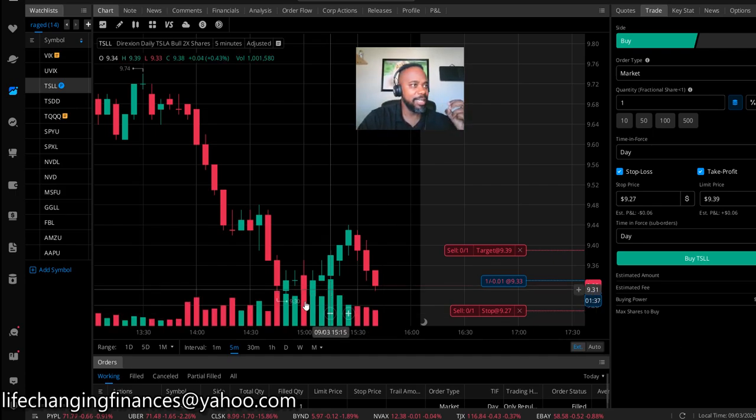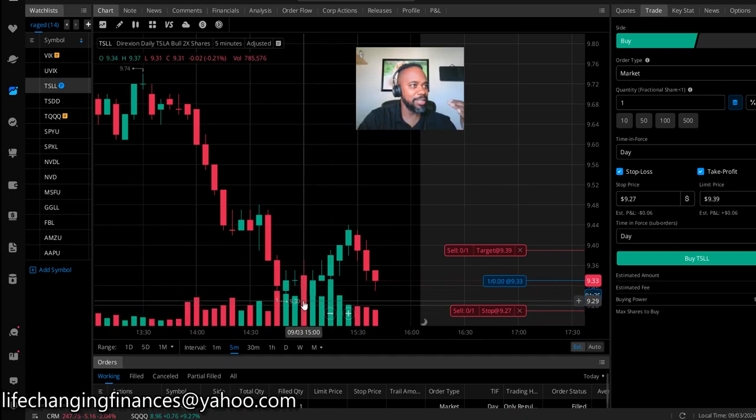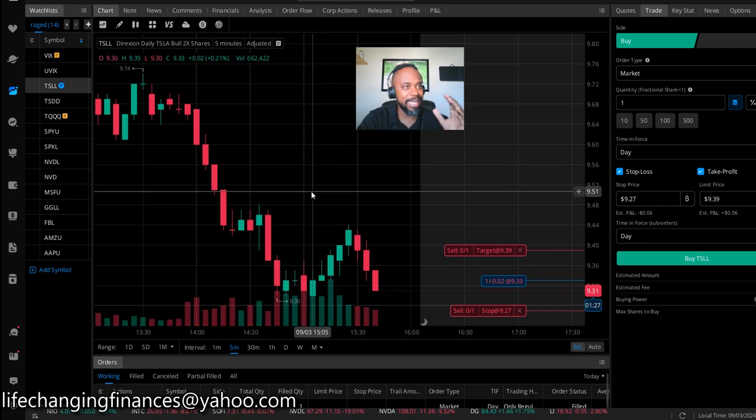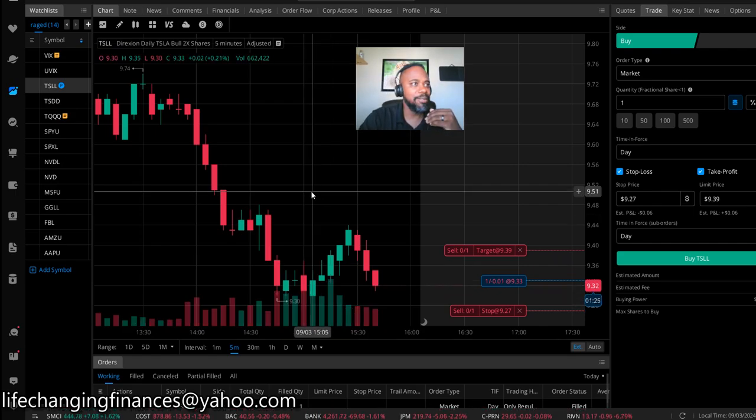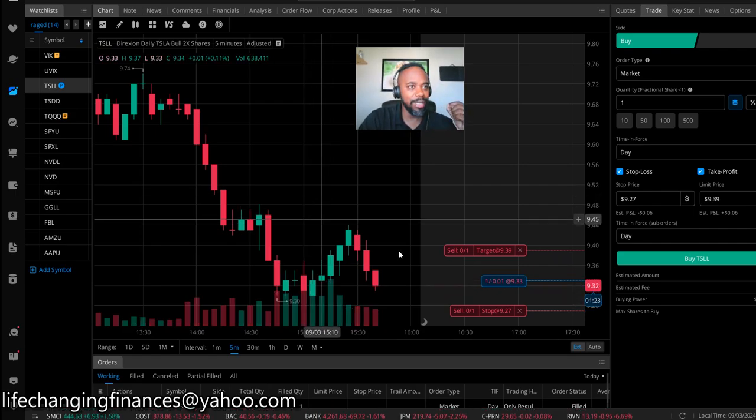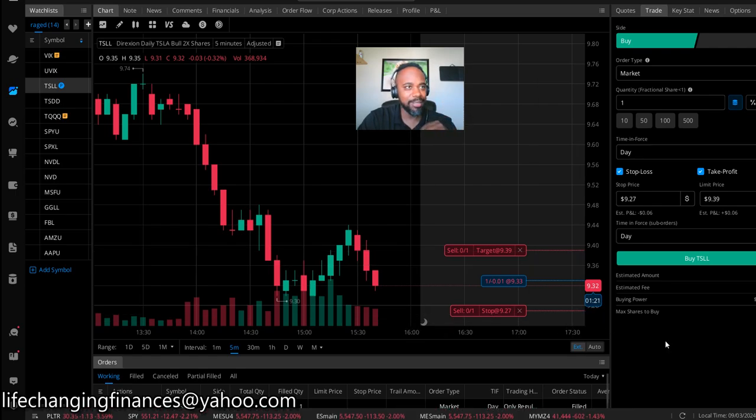Okay. And so again, we're near this floor here, and basically, the concept for me is to see if we can bounce off of this range of support, which is about 930, and make a little bit of profit there. Otherwise, we have that threat of losing about 6 to 7 cents here, as we have that stop loss